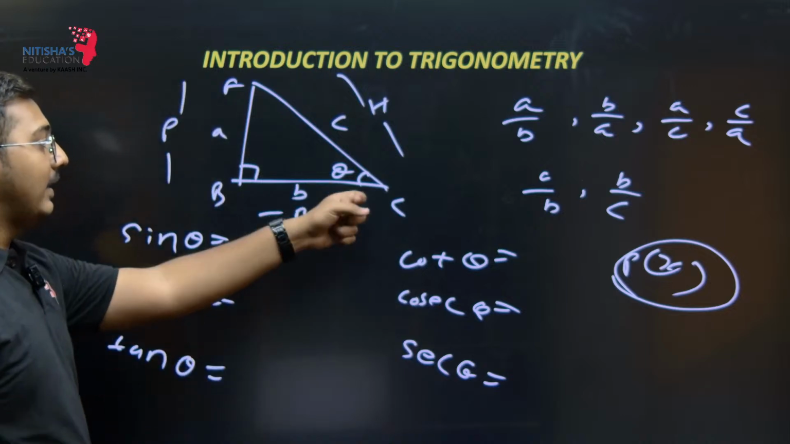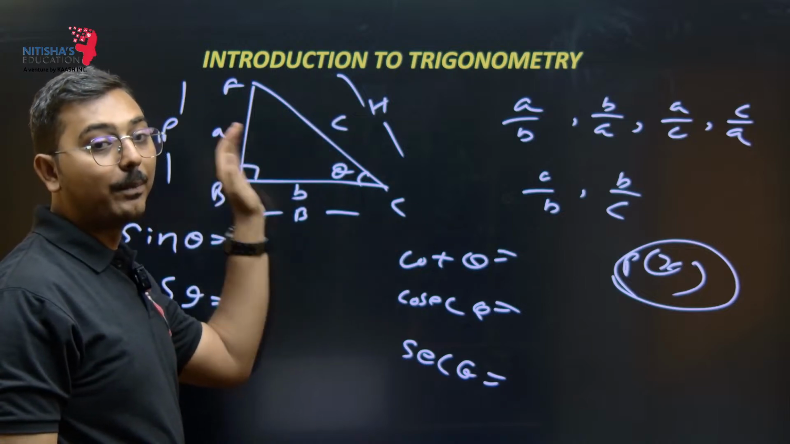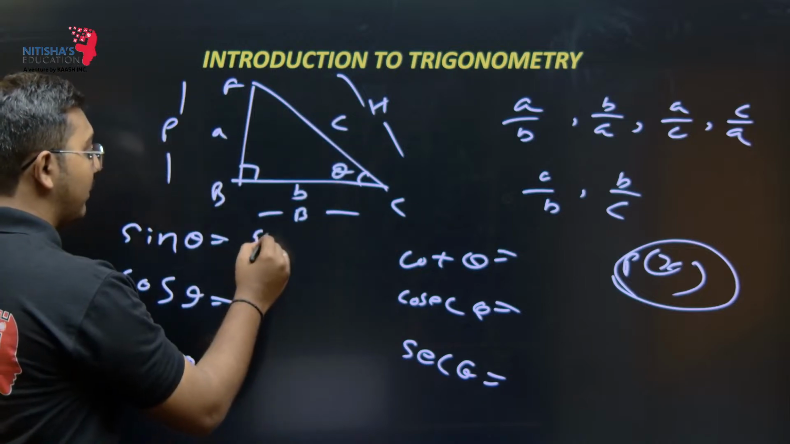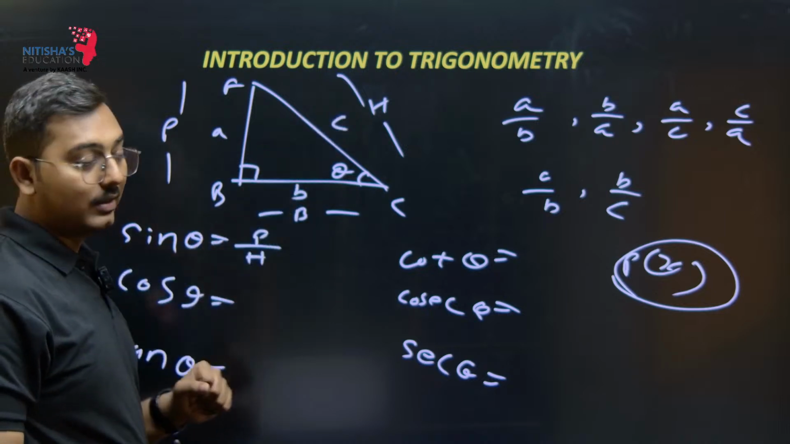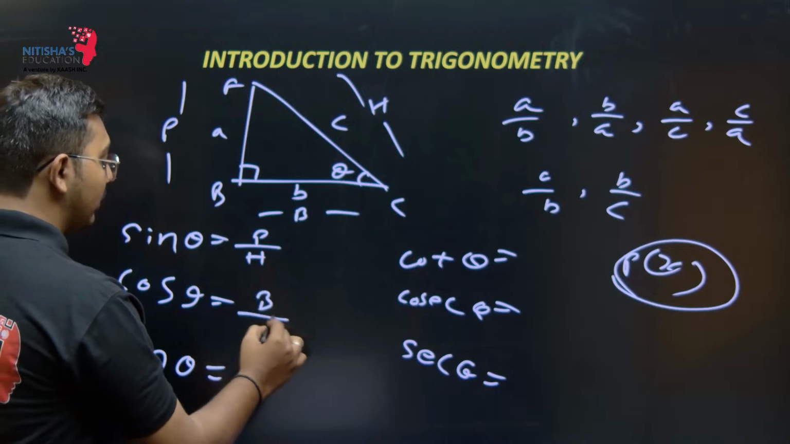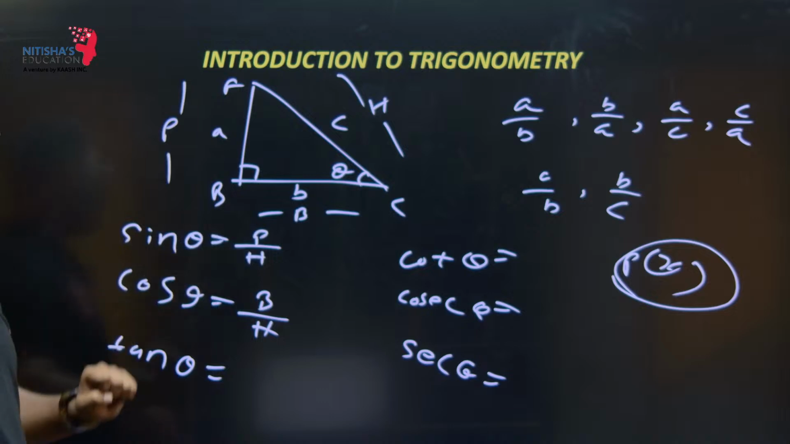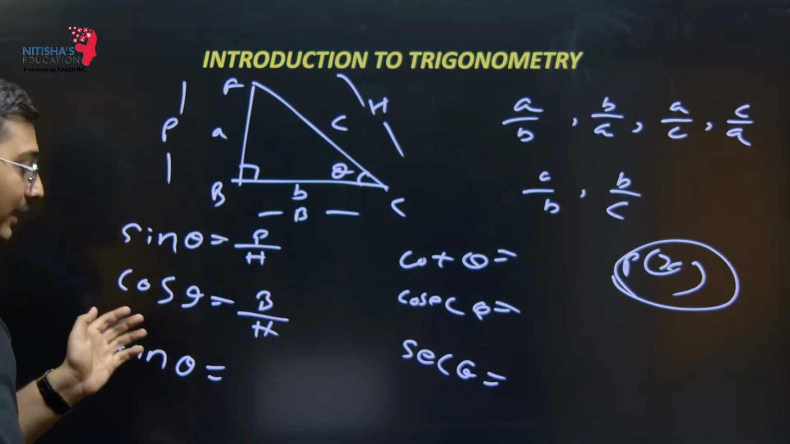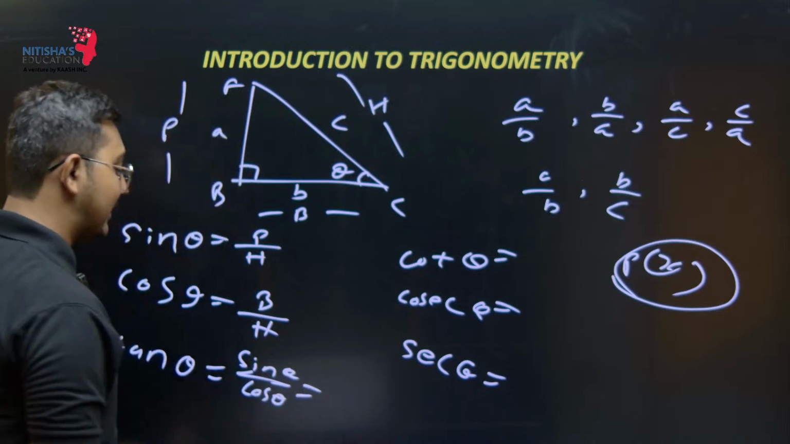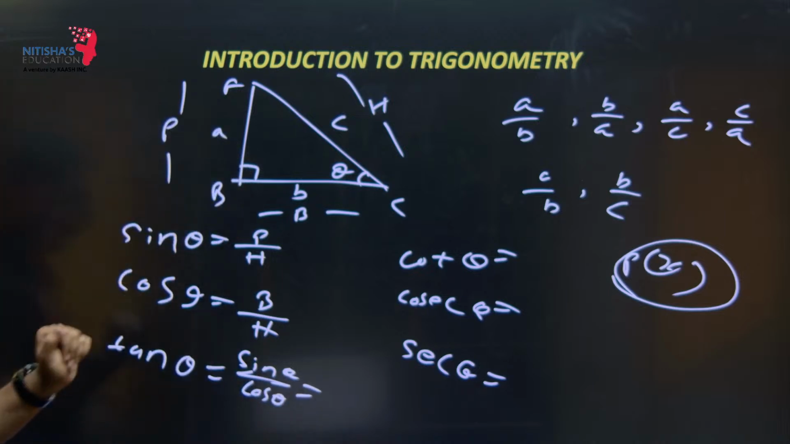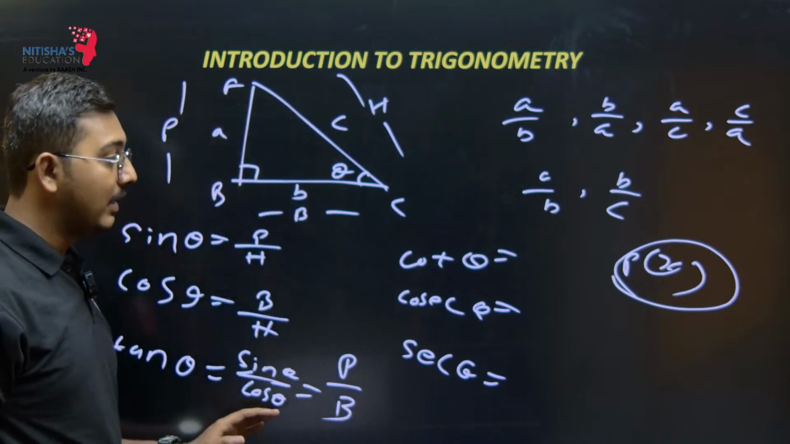So for sine theta it is opposite upon hypotenuse, or you can say perpendicular upon hypotenuse, P by H. For cos theta it is base upon hypotenuse, which is B upon H. For tan theta it is opposite upon base, perpendicular upon base, or you can say sine theta by cos theta. And by substituting the value of sine theta and cos theta in it, we will get P by B. Same goes for